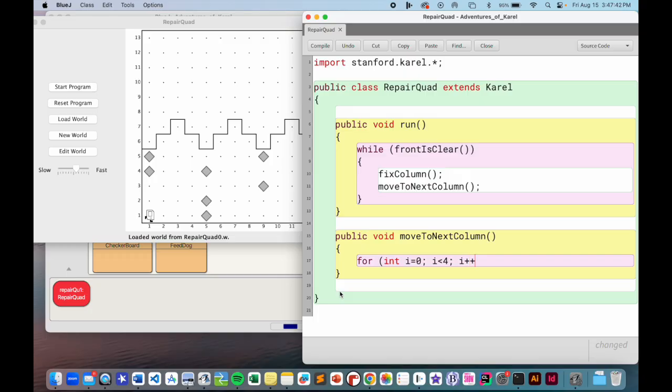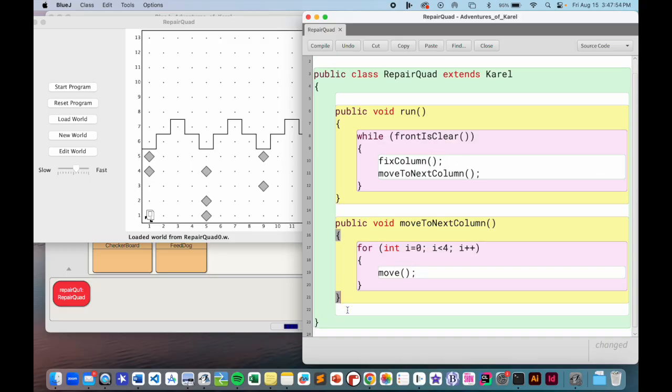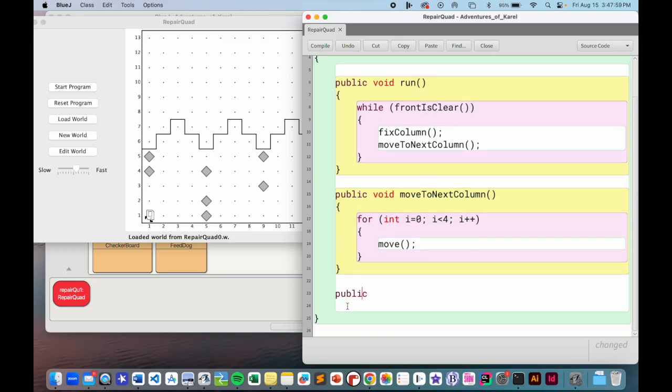semicolon, i++. And all that's going to go in here is just a move method. Sweet. So it seems like we're halfway done. Not quite. Let's go public void move to next